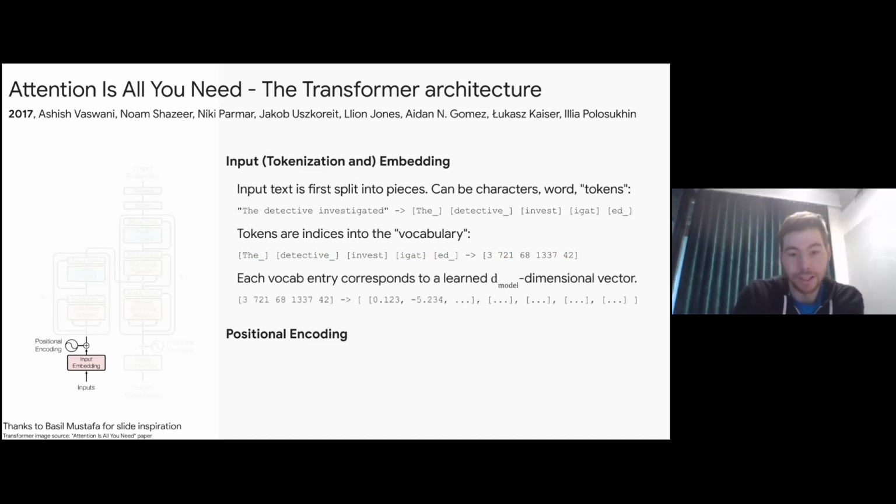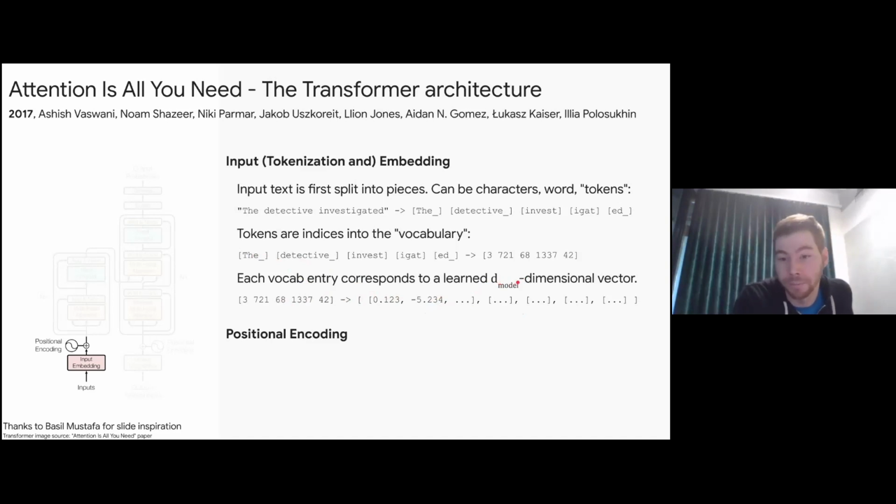Next thing is we can learn an embedding of the vocabulary, it's called. So just an arbitrary, randomly initialized vector of floats for each entry in the vocabulary. And then later these floats will be learned as part of the model. So for example, the entry 3 in the vocabulary is this float vector, 0.123, and so on and so forth. Each entry has a float vector. And so we can now replace each of these tokens by the float vector that corresponds to it. And now we have transformed this sentence into a sequence of float vectors. How large these float vectors are later becomes the model dimension. It's an arbitrary parameter we can choose.